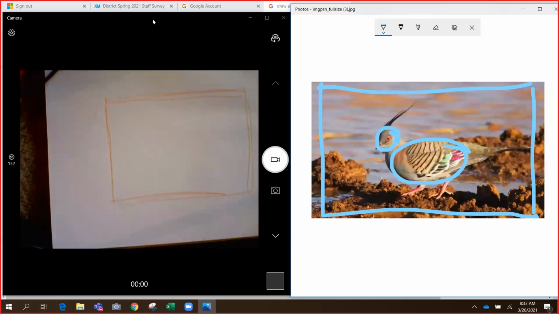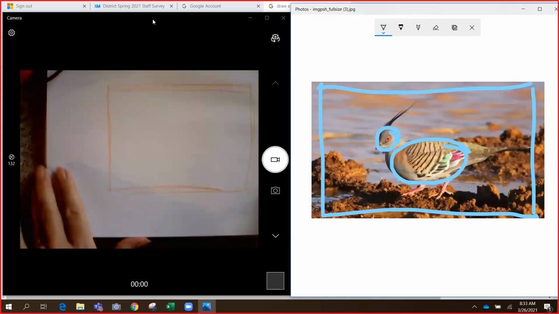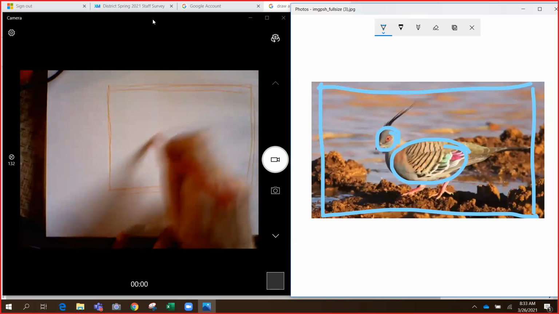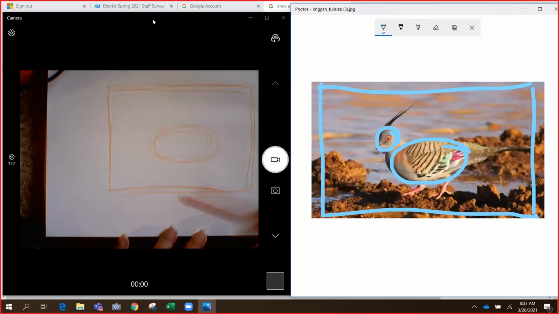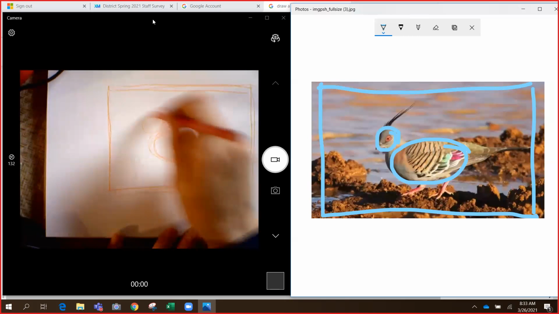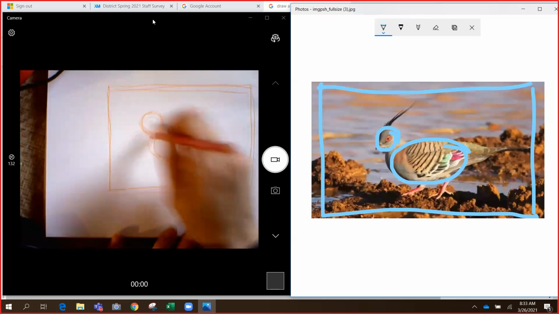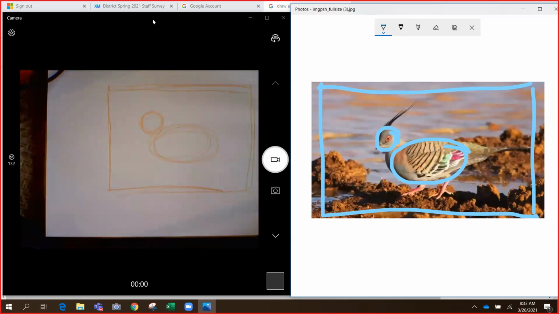Okay, and then we talked about it inside of my page. I'm trying to get this so it's right side up today. So inside of my page, I have this oval that goes in the middle of my page. And this is exactly what I have in my drawing next to me, right? And then a circle that goes next to that right there. Okay, so then after that, we know